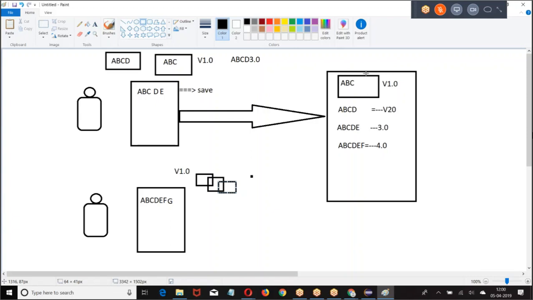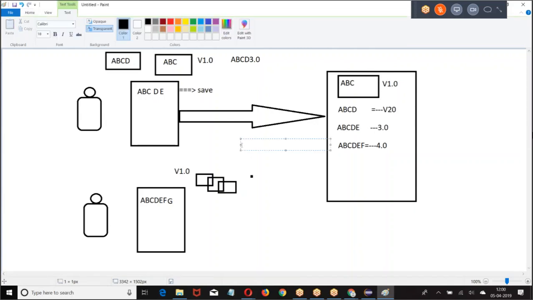Are you clear? Previously, the developer has only the latest version of the copy. Remaining copies are backed up in the server. But now, every change that you make is also saved at your local system, and one copy is saved to the server. If the server crashed, you have your local copy. This is called distributed version controlling system. Now in this, what is the tool we are using?